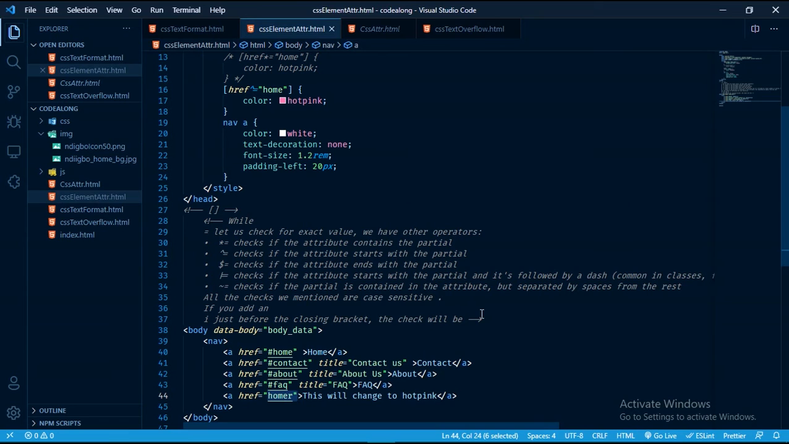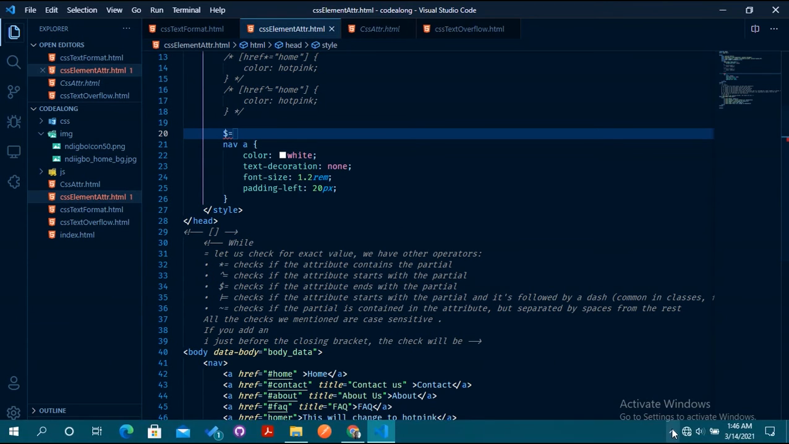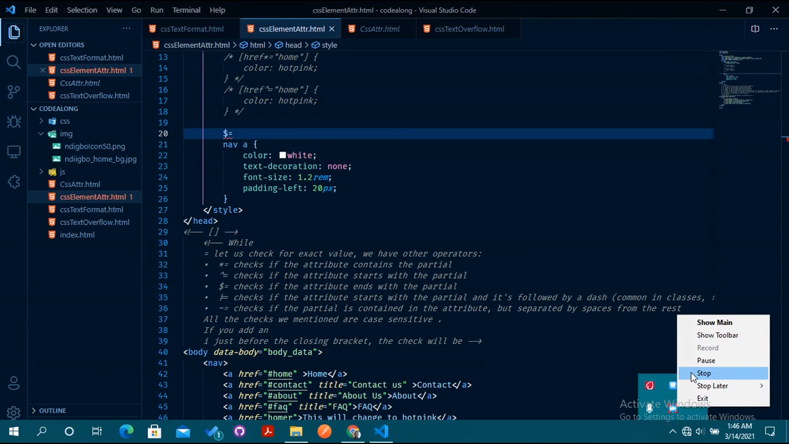Let's say we want to target our title and then give it a little bit of styling. Maybe the next one we are going to use that. And the next one we are going to do now is the dollar equal to, which checks if the attribute ends with the partial. So ends with the partial means